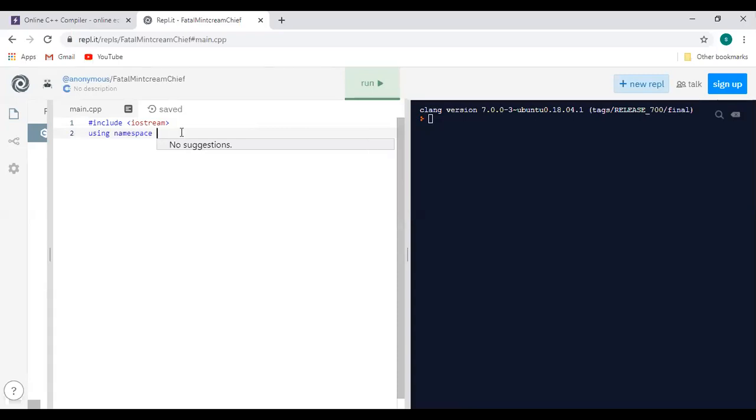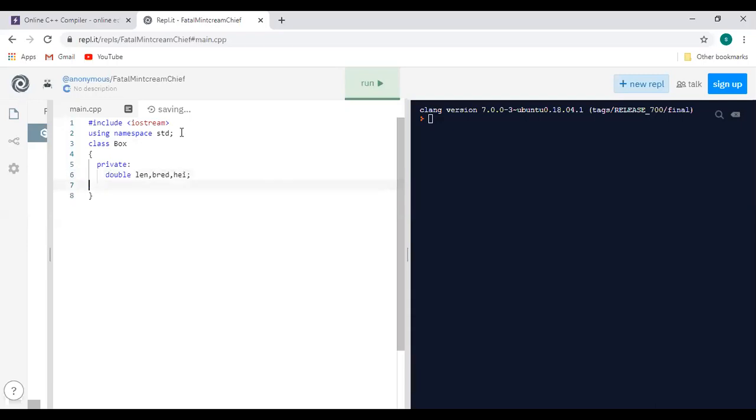Guys, hurry up. Using namespace std. Then just create the class as Box, and inside that, first one private, public, private. Then private: double length, the first one is the length, the second one is the breadth, and the third one is the height. We have declared three different variables of local type.